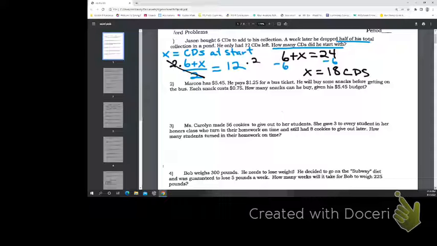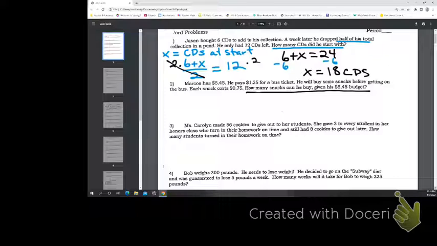So this next one is really an inequality, and there's not really a spot here that tells you that, other than that at the top of the page it might say that they are equations and inequalities. But it doesn't come out nice and evenly. So I'm going to write this as an inequality. How many snacks can he buy? He has a